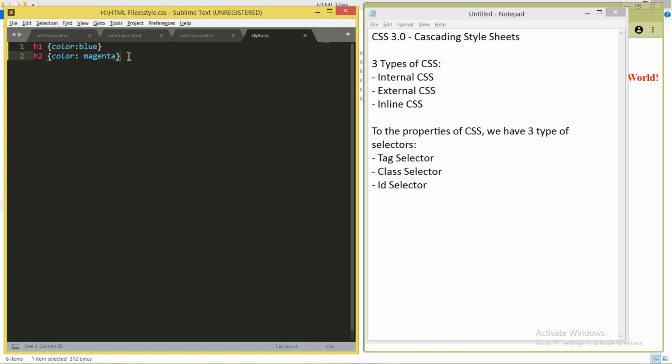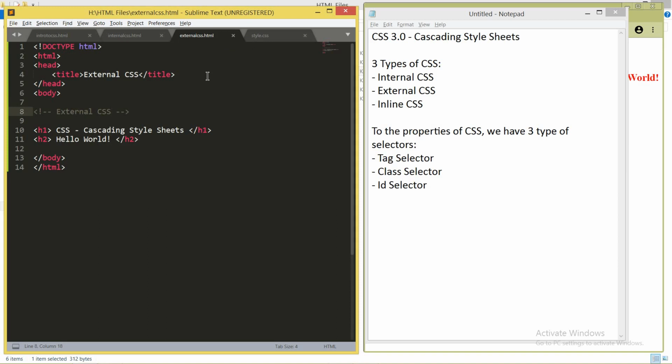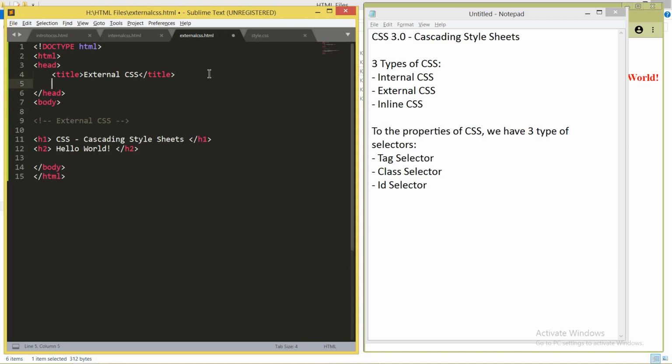As I told you, while making external CSS you have to make two files. This is the first one, this is the second one, and you have to link these two files together. To link this CSS with this HTML, what do you have to do? Before closing the head tag, just give a link tag: link rel equal to stylesheet, type equal to text/CSS, and href, that is hyperreference. Hyperreference is the property which can be used to give the reference to a file which I want to link externally, and give the name of the file over here, style.css. This is the name of the file which I just made, that is CSS.